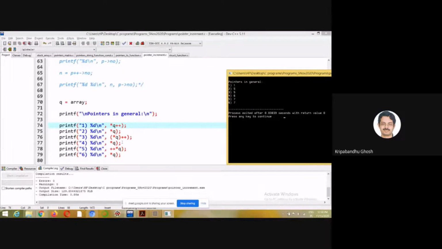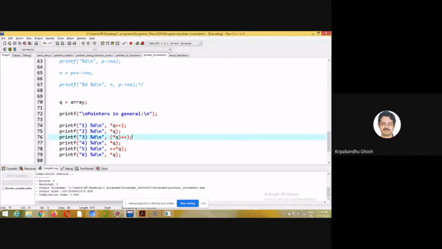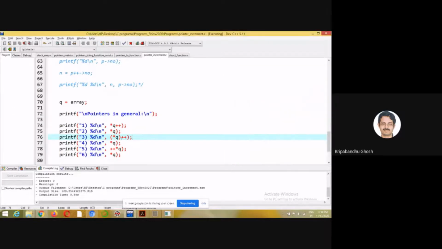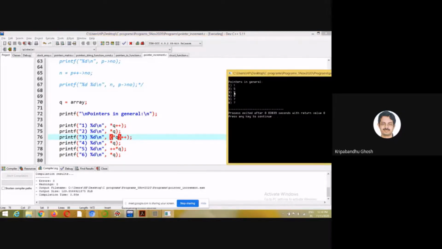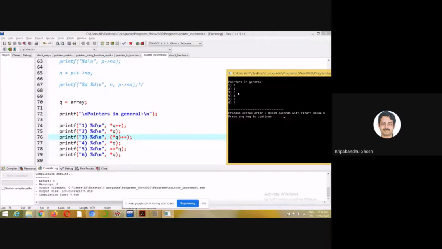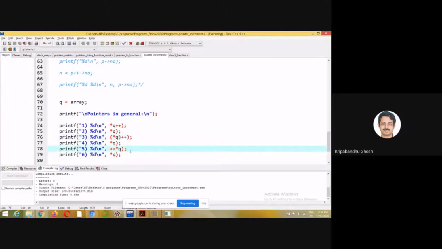So now I have realized my mistake. Now if I want to increment this particular element, I need to do this. But I am doing it after this, right? So if I do this, it will print the current element and then it will increment, right? So it will print star q, and since there's a plus plus, at 3 it is printing 5, but when you again print star q, that is basically array 1, that has incremented to 6. But I don't want to do this. I want to increment first and then print.